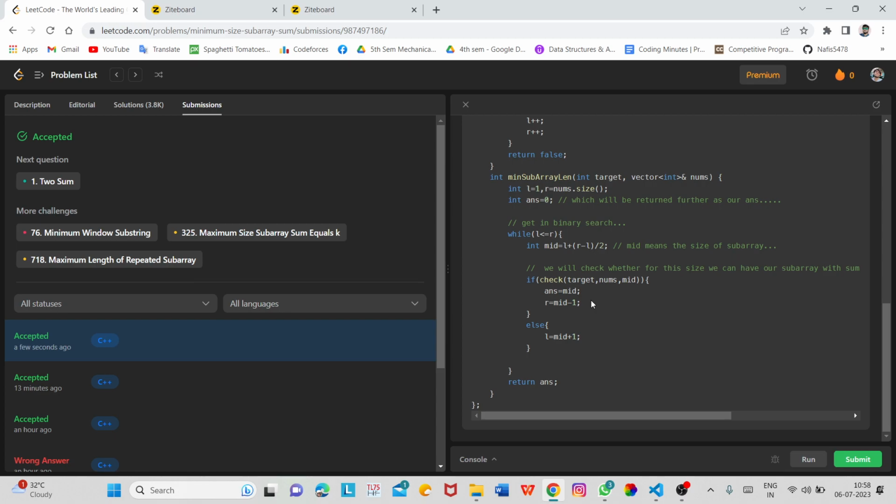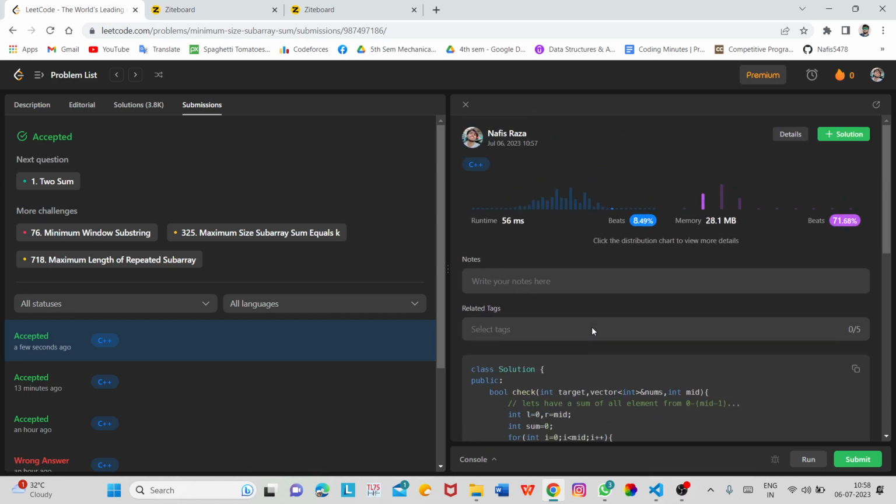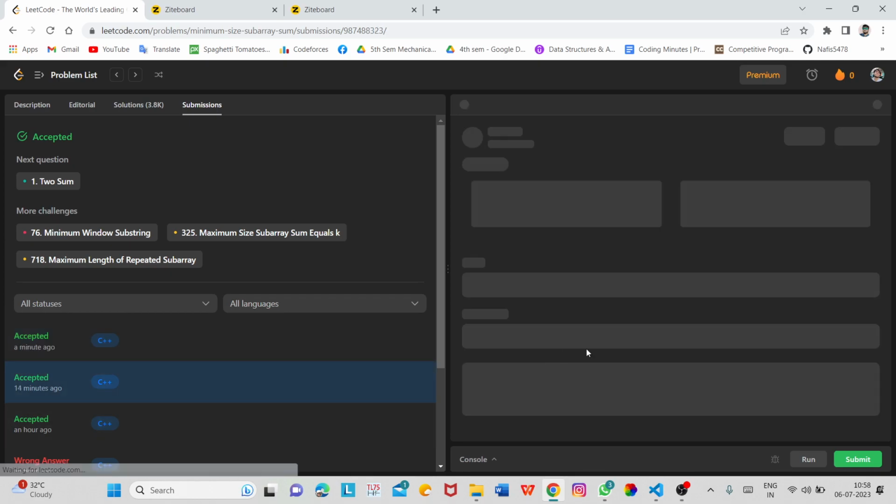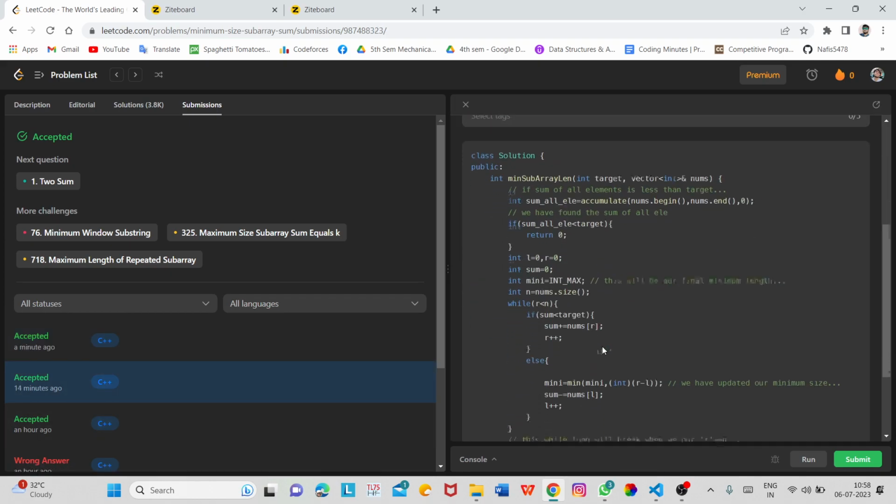So for this I reduce the value of r to mid minus 1, and otherwise if we didn't get our answer, we will just increase the value of l to mid plus 1 to check for more sizes. So in this way you can see how two methods, this is binary search and this one was sliding window.